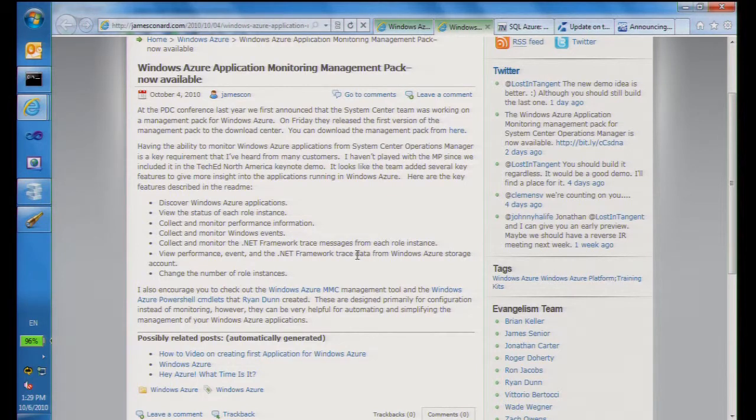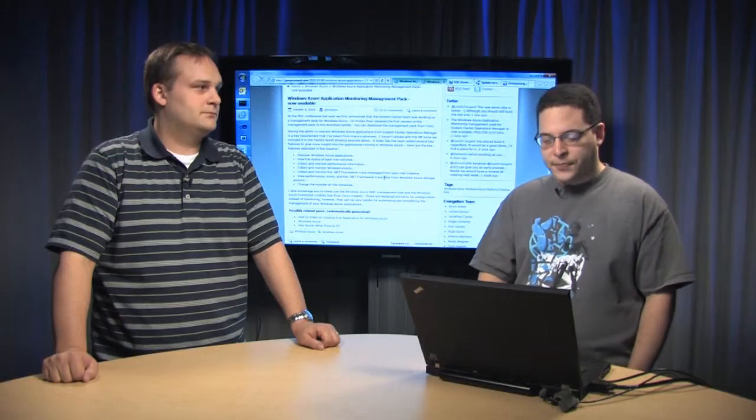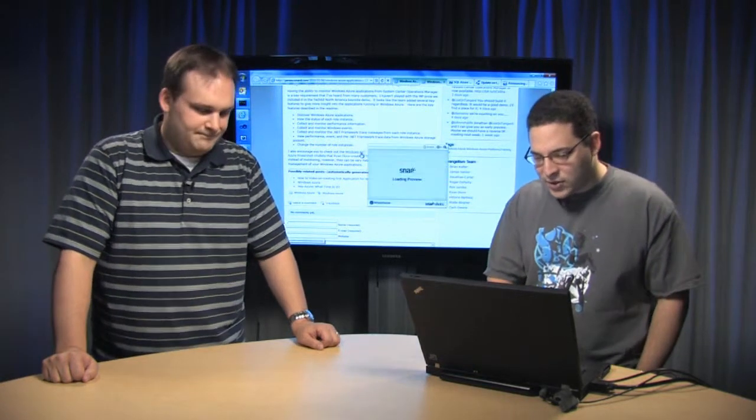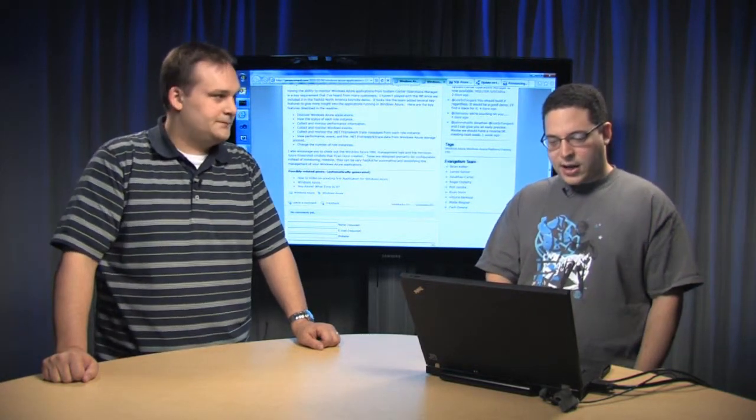Right. It will let you basically do similar kinds of things that you can do with the portal plus diagnostics. So it lets you take a look at all the applications you've got running, see how many role instances you have, change the number of role instances, configure diagnostics, take a look at that stuff. So it does all that stuff. As James points out, there are other tools for that, such as the Windows Azure MMC management tool and the